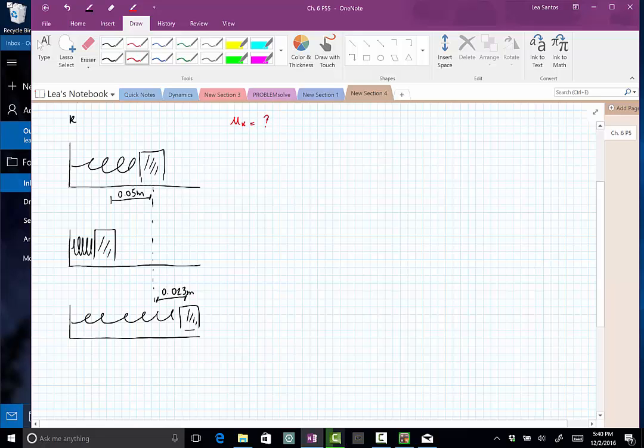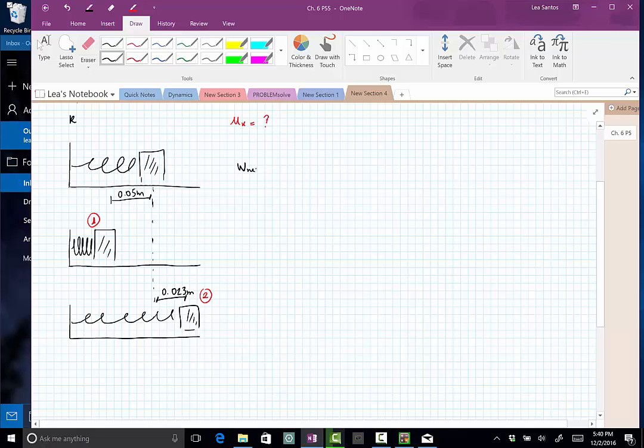Very well. So how are we going to solve this problem? I'm going to start with this point, which I'll call point 1, and this final scenario, point 2. Okay? And I'm going to use conservation of energy, but not conservation of mechanical energy. So the idea is the following. We know that